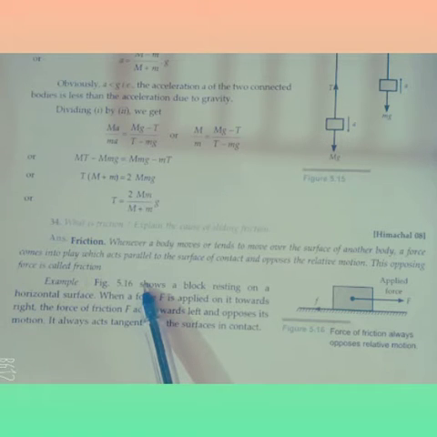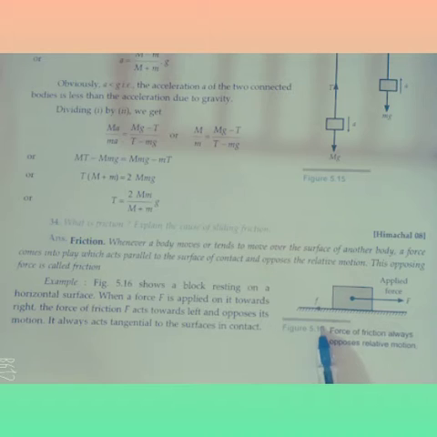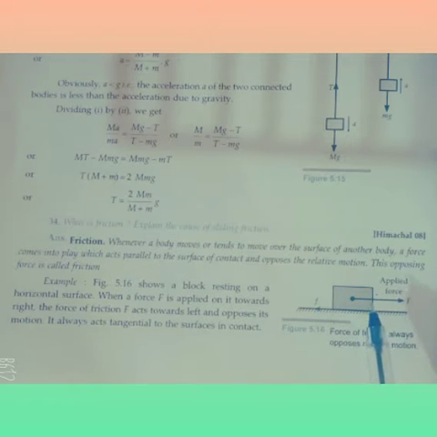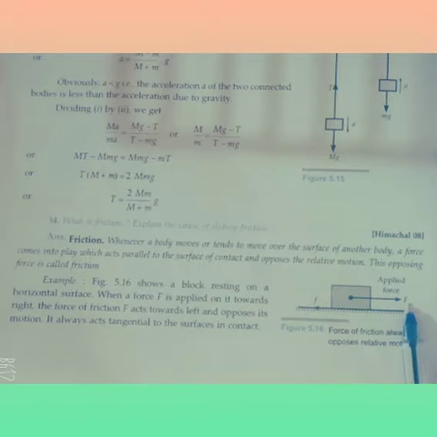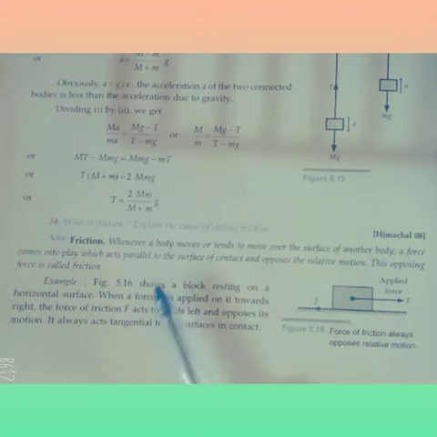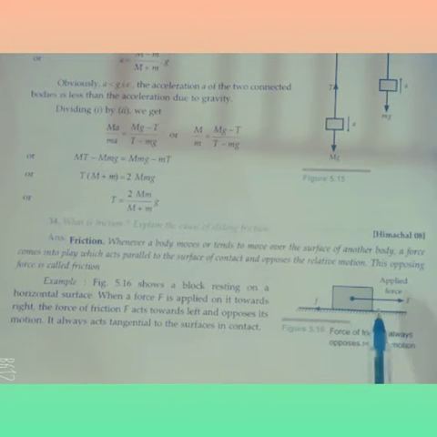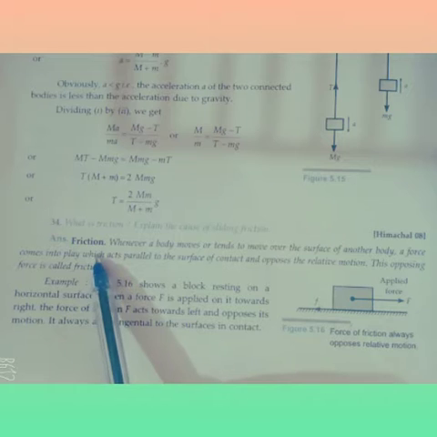Friction is an opposing force which is set up between two surfaces in contact when one body slides or rolls, or tends to do so, on the surface of another body. It acts on the bodies tangentially to the surface in contact and obeys Newton's third law also. Friction is a self-adjusting force which adjusts its value from 0 to its maximum for a given pair of bodies according to the value of the applied external force. So friction is an opposing force.